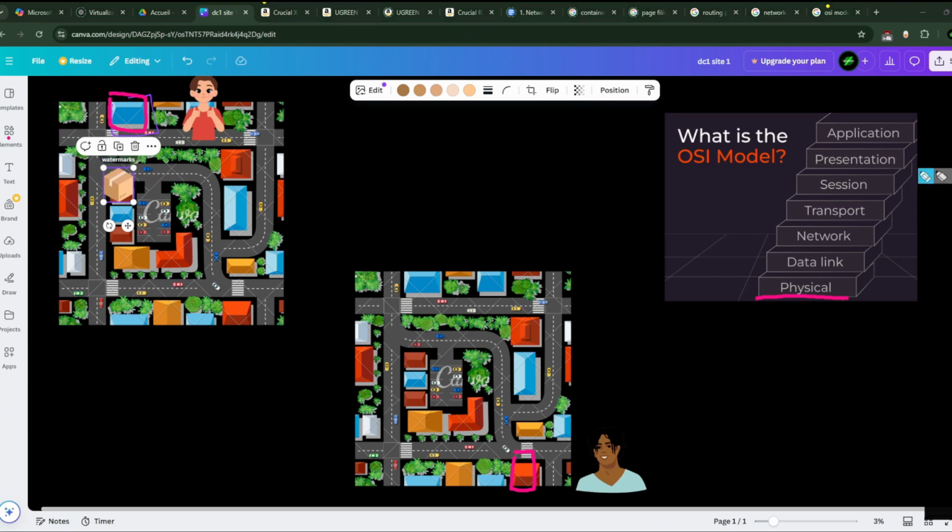Okay, the number 2 is data link. So the first is just the road, the vehicle, the house, so it's the cable, the laptop, like all the physical things that are related to your network. Okay, so now the data link is actually and simply